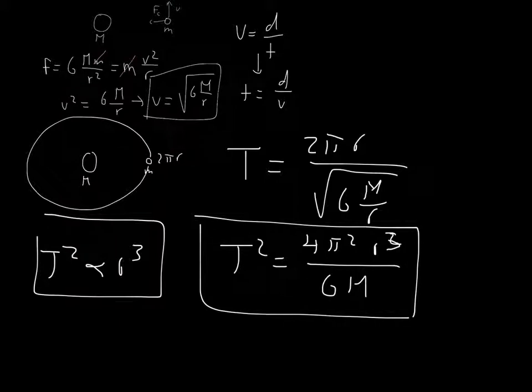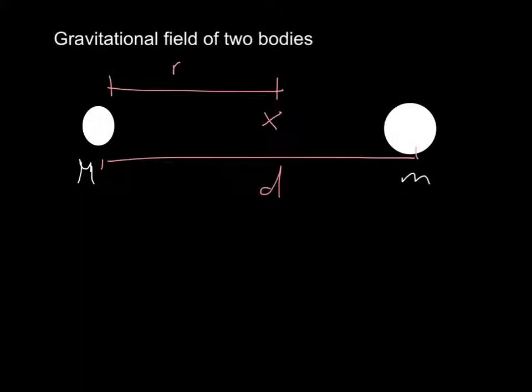What Newton did was he was able to explain this law that Kepler had found by experiment, really, just by taking a look at orbits and finding some regularity. He was able to explain it simply by using his law of gravitation and deducing this equation, which was quite an achievement. What happens though if I have two bodies and I want to know the gravitational field at some